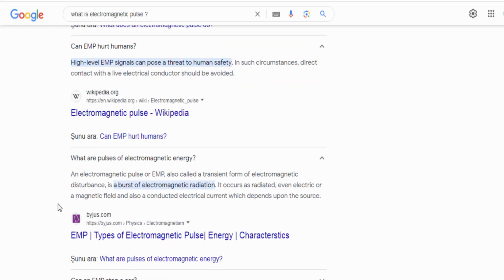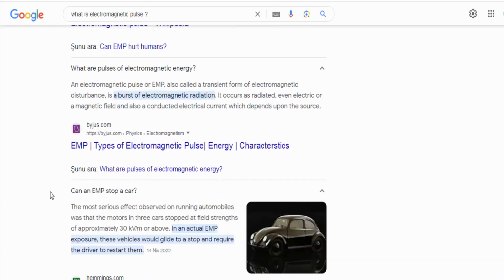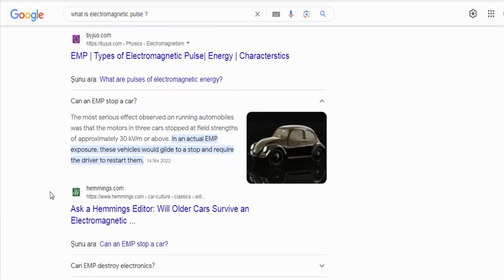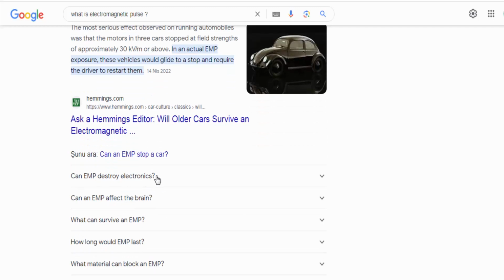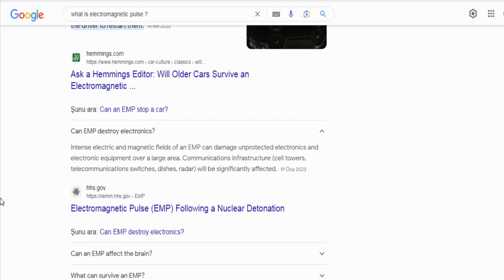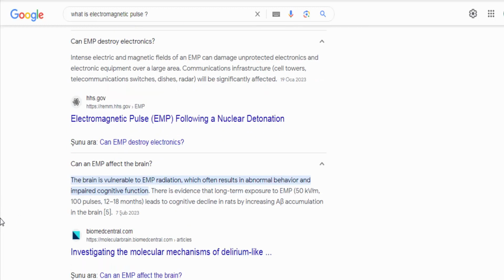Geomagnetic EMP, GEMP, are naturally occurring electromagnetic pulses caused by solar flares or other space weather events. When a massive solar flare erupts on the sun's surface, it releases a burst of radiation, including a coronal mass ejection, CME. If a CME reaches the Earth, it can induce strong electric currents in power lines, communication cables, and other conductive infrastructure, potentially causing widespread disruptions to electrical grids and electronic devices.